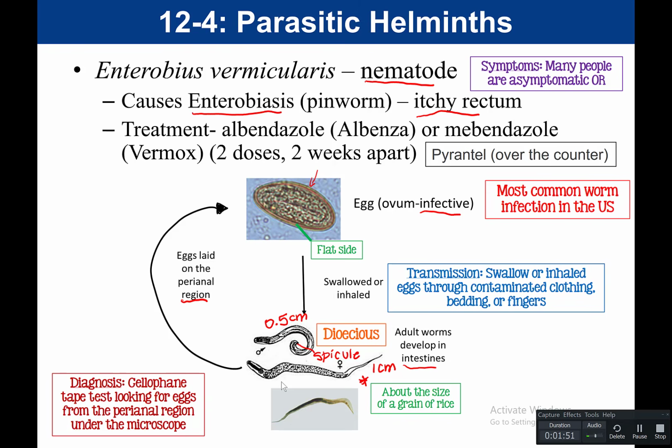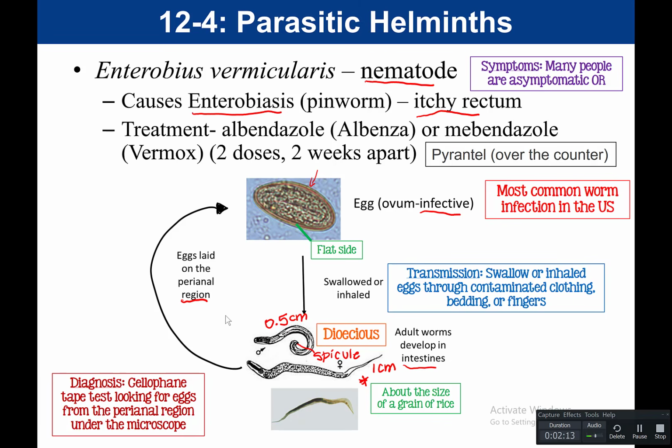The female is going to be the larger one. Again, it's about the size of a grain of rice. And you want to know that the adult worms are going to develop in the intestine. You want to understand also that one of the ways that this is transmitted is because the adult worms, the